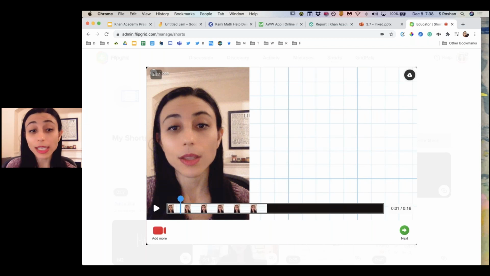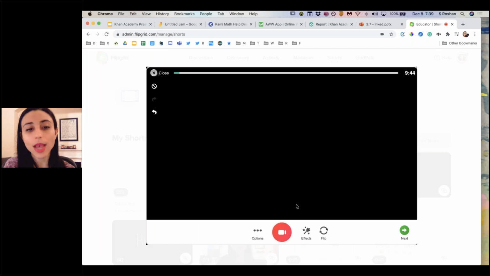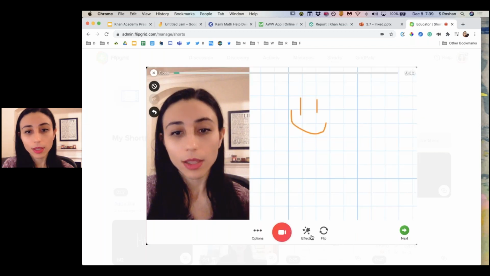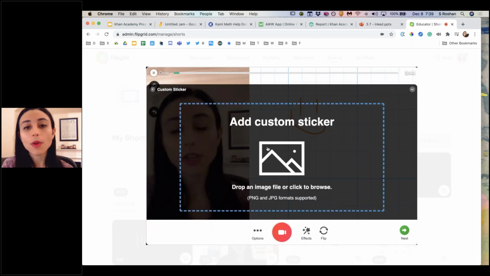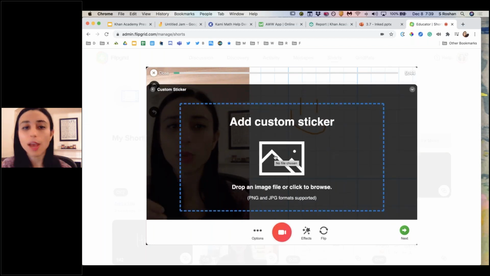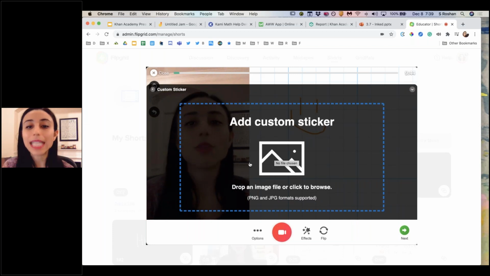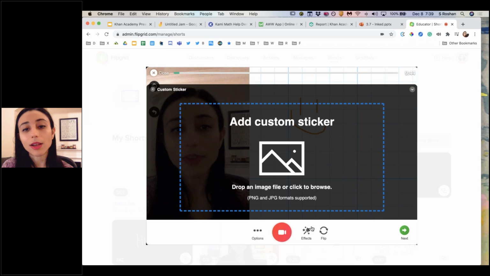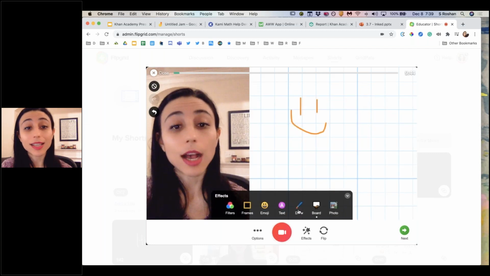Another way that I really like to use this is to, again, just upload a little image. So maybe I have an image of a graph, and then I can just draw on that graph. Let me show you how you do that. I can go ahead into my effects, and I can use the photo, and you can upload a screenshot, maybe from your textbook or whatever it may be, and then you would be able to just ink on top of it. How you can ink on top of it again is you just go into these drawing tools right here. And that's really it.